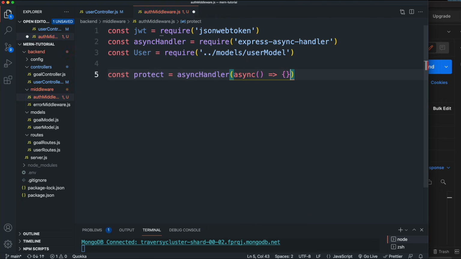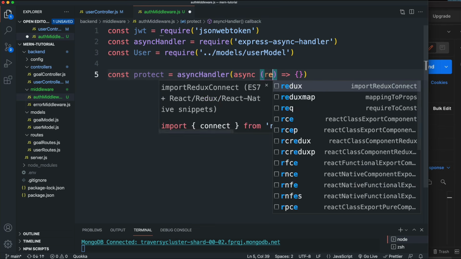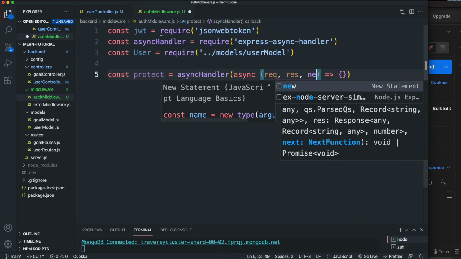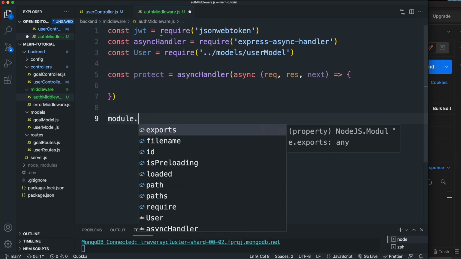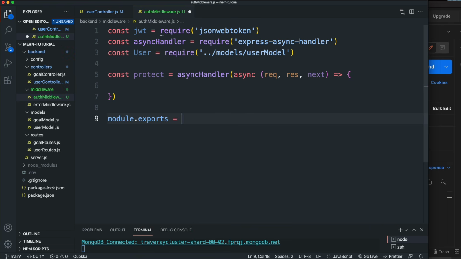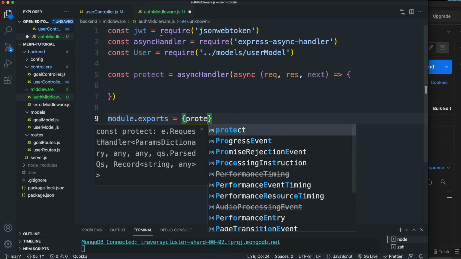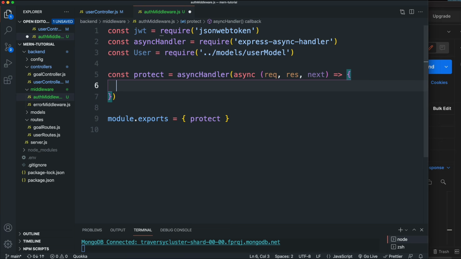We'll have an async function, and this is going to take in here request, res, and next, since this is middleware. And let's just export this so I don't forget. So down here, module.exports, and we're going to export protect. So as far as what we want to do in here, first thing I'm going to do is just initialize